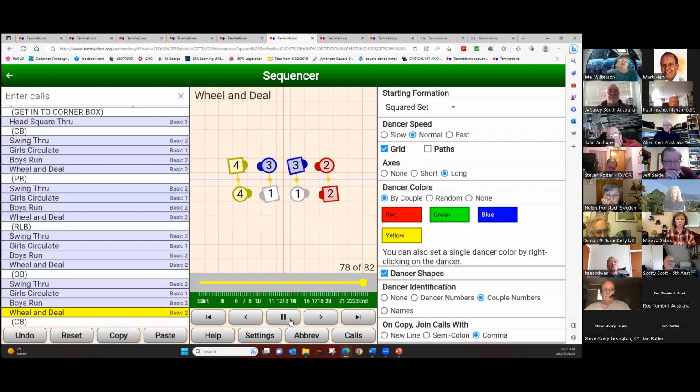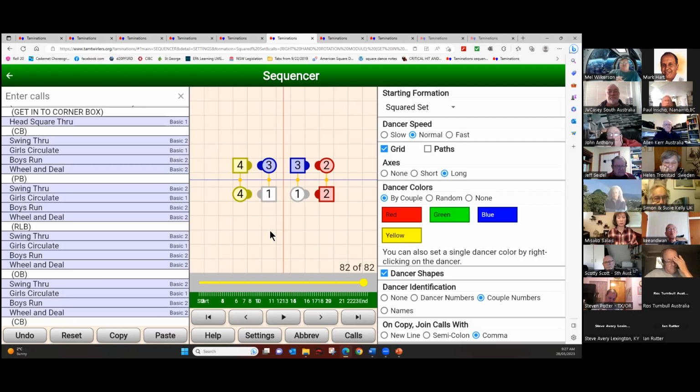And I got into a corner box and started there. I should end in a corner box. So this module, swing through, girls circulate, boys run, wheel and deal, takes me from one box to another. And when you think about the power of that, if I get into a corner box, instead of using a chicken plucker back and forth, I can call this module to get into an opposite box, use a chicken plucker back and forth, or I can call a get out from my opposite box, or sorry, from my partner box,